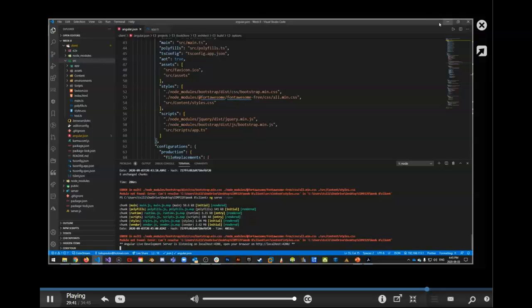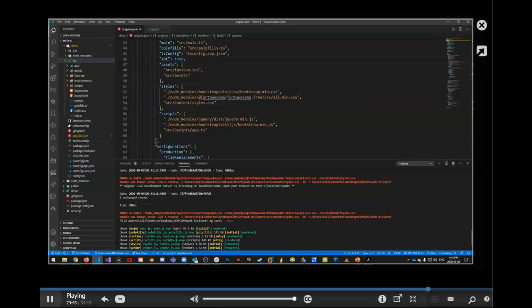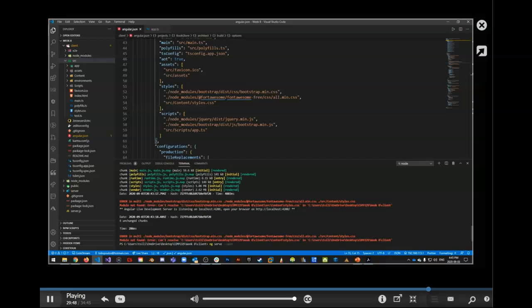Remember, this is just a pathing problem. So it says a couple things. It says error, node modules, bootstrap. It's trying to find module not found. Can't resolve this. Look at the path too. It's client, SRC. It says in this, can't resolve this. Week 8, client, SRC, content, styles. Module not found. Can't find this. Content, styles. SRC, content,